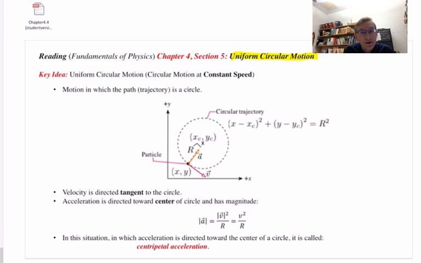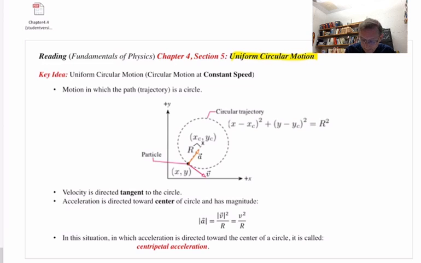And then later on, in chapter 6, we'll address the deeper question of how do you get a particle to move with uniform circular motion to begin with. But for now, let's not worry about how you get something to move in this special way called uniform circular motion. Let's just assume that we have a particle moving in this special way, and we want to